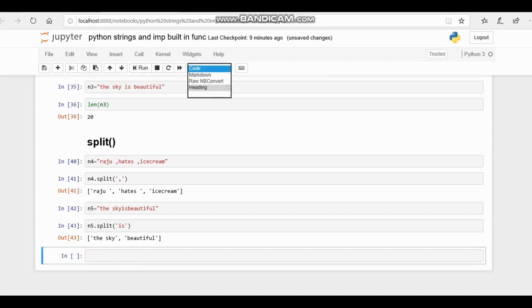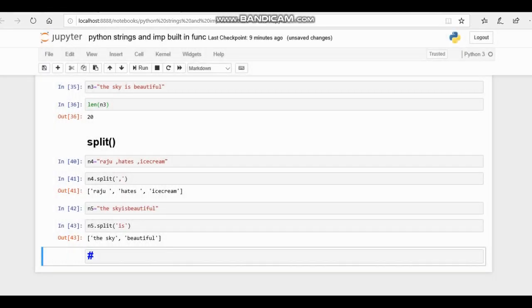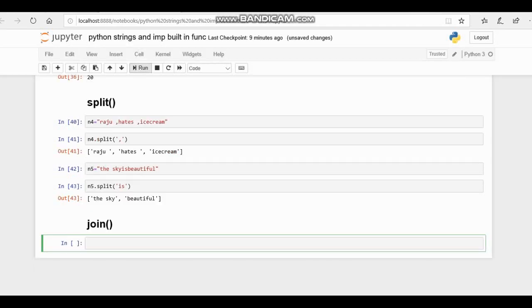Let's now see about the join function, which is the opposite of the split function. The join function helps to join a list of strings into a whole string. Let me give another example.